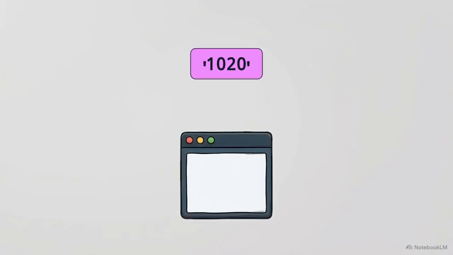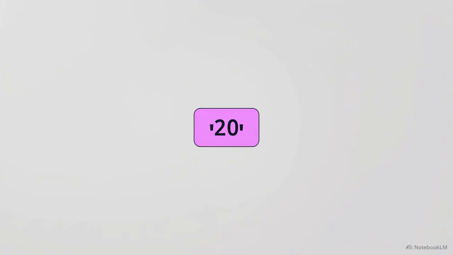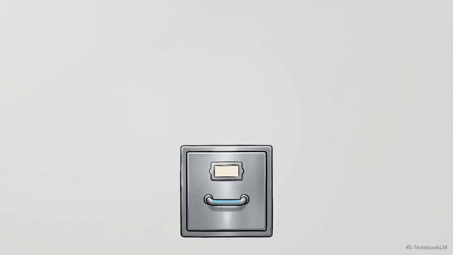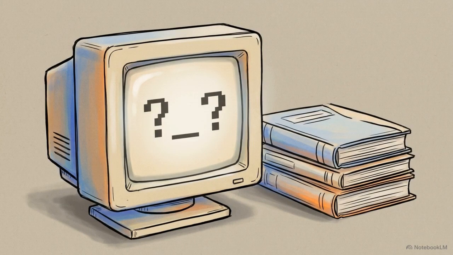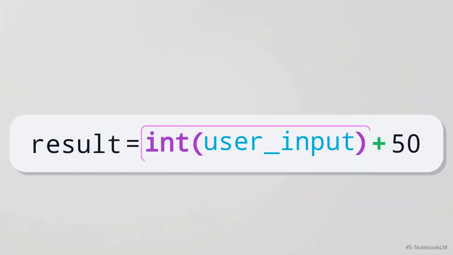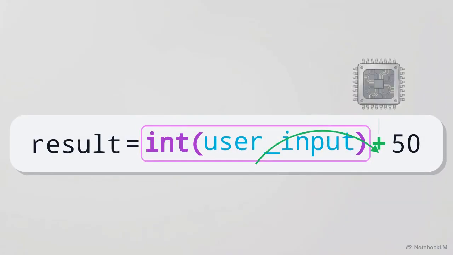We can verify this behavior by checking the data type. Python explicitly tells us that our numbers are currently classified as string objects. To fix this, we use a process called type conversion. By wrapping our input variables inside an integer function, or int, we force Python to translate that text back into a true number. Now when we tell Python to add them together, it recognizes their numerical value and correctly calculates 30. Computers cannot guess your intent. Because they don't infer mathematics from text blocks, explicit data type conversion is a necessary step whenever you process numerical